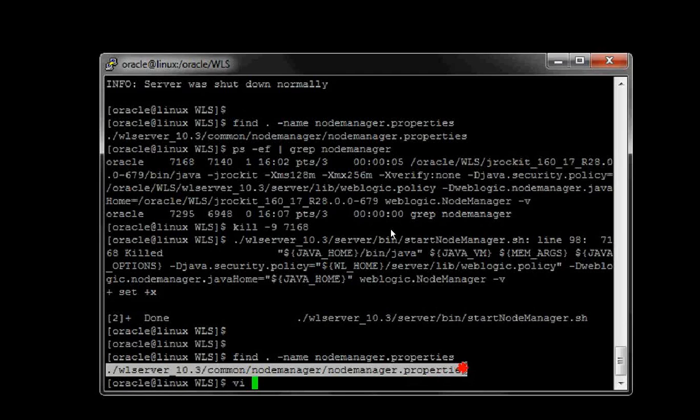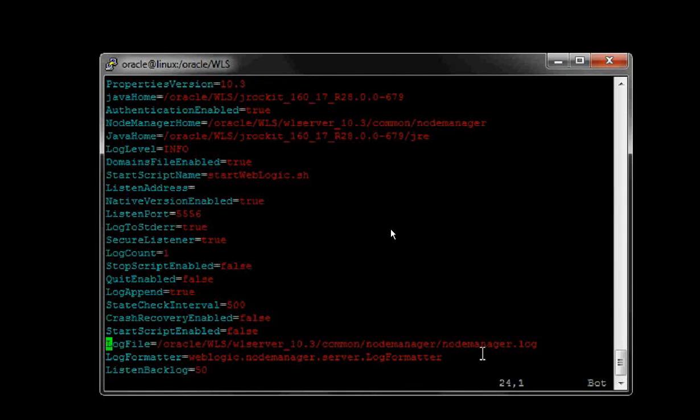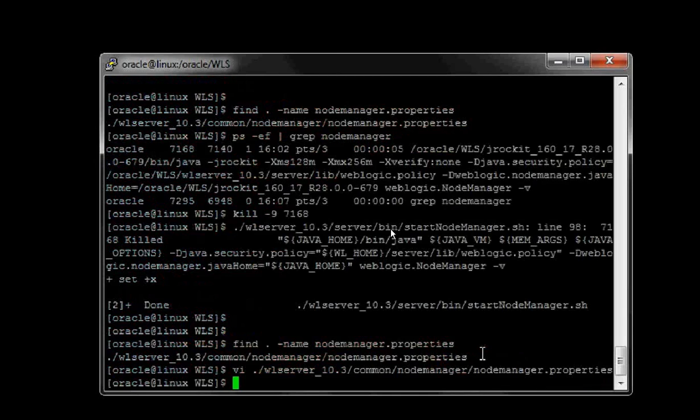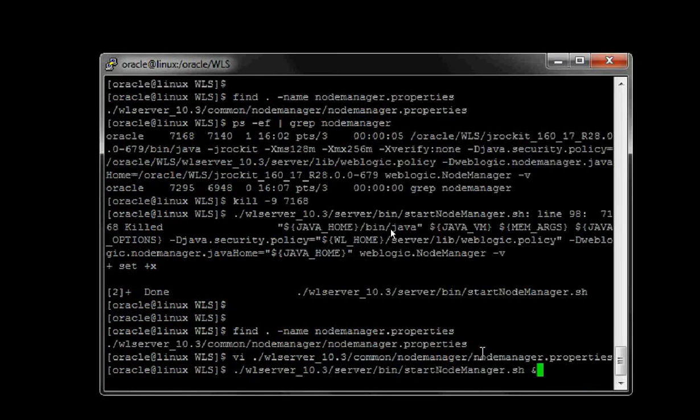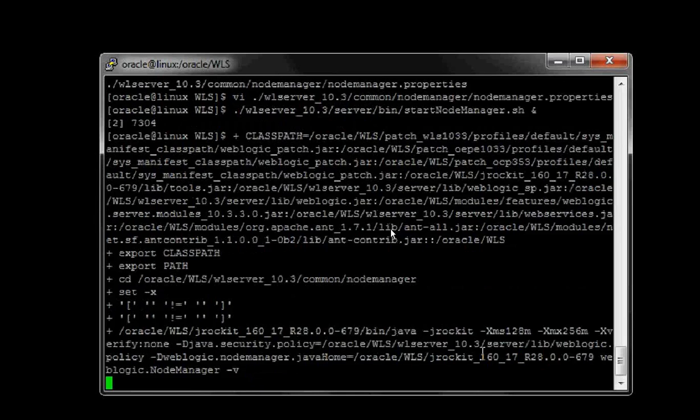And we just happen to stop on the line that we need to look at. StartScriptEnabled, for some reason, gets defaulted to false. And again, there must be a reason that Oracle does this. I'm not exactly sure why, but what it does is it stops you from actually fully starting up your managed server. So you have to change this to StartScriptEnabled equal to true. So I'm going to save this file. I'm going to go back and run the node manager program again. So I'll kick him off again, and we should see the secure socket